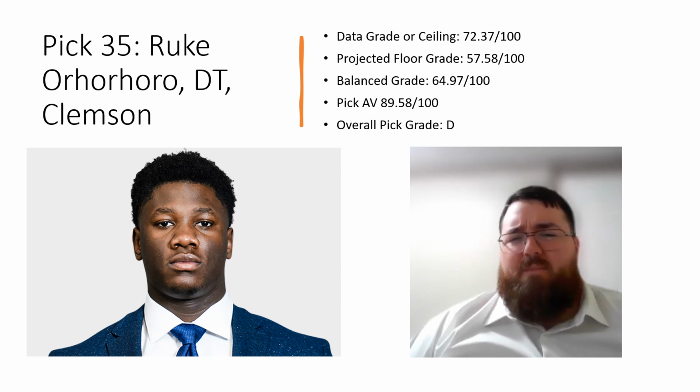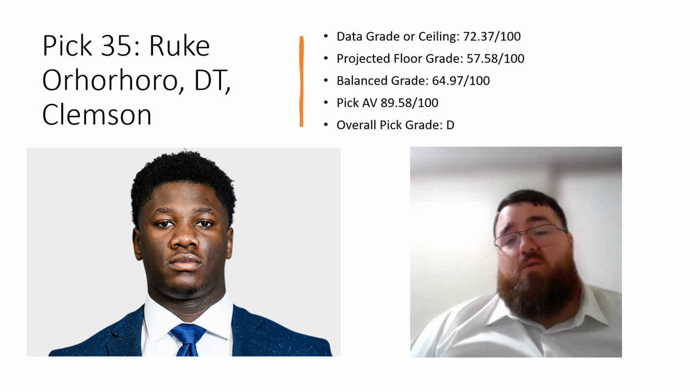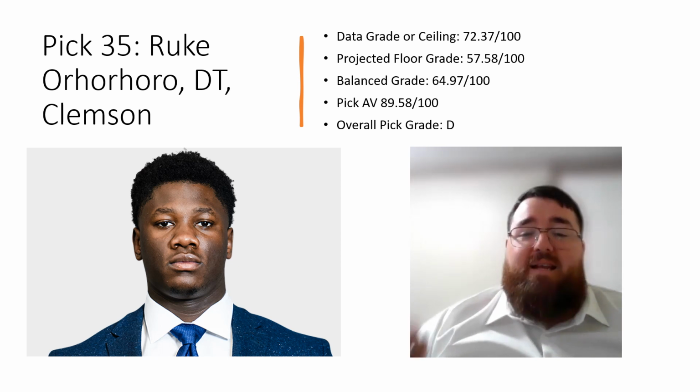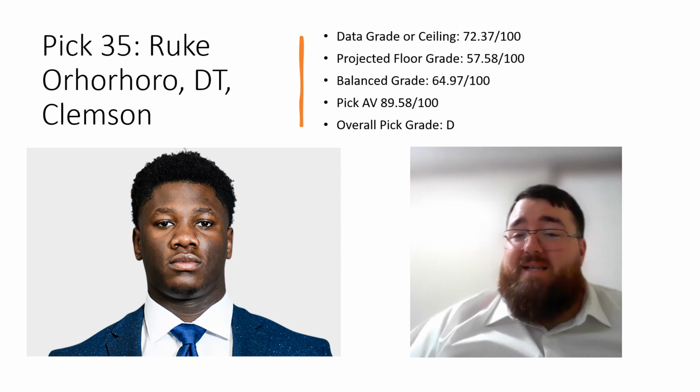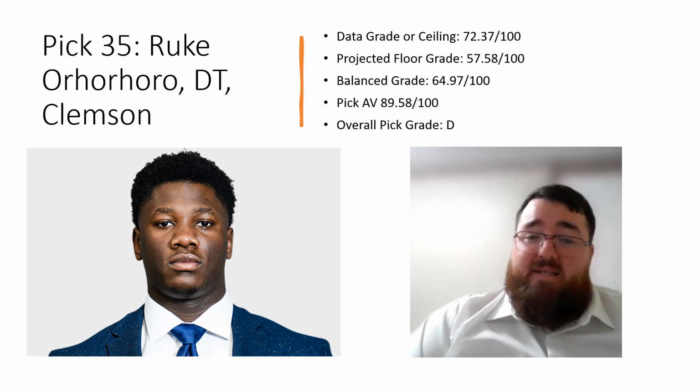Now, this might be one that I get a little bit of flak on, but the thing is, based on how he tested as a prospect, based on his data, all the prospects that tested like him in that round area were 57 percentile grading prospects. So I'm grading him better than what is expected for a prospect that tested like him in his area. So that's a concern. Now, why did he test so low?